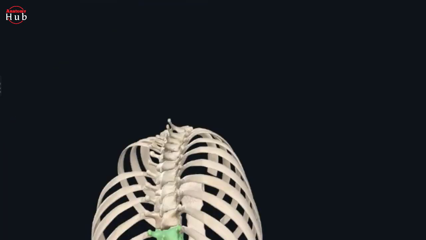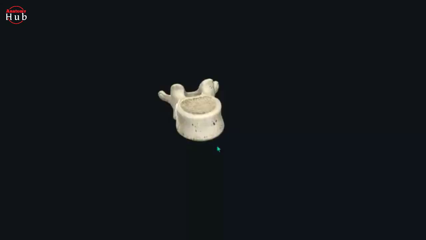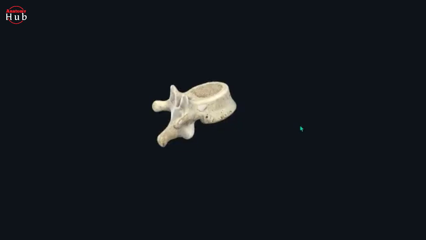Then like that you will find another vertebra, that is the T10 vertebra. So if you'll see, here you can see the 10th thoracic vertebra, right? In the 10th thoracic vertebra, what you will see is that in a typical vertebra, the spinous process was very long, and that is very slanted and downward.